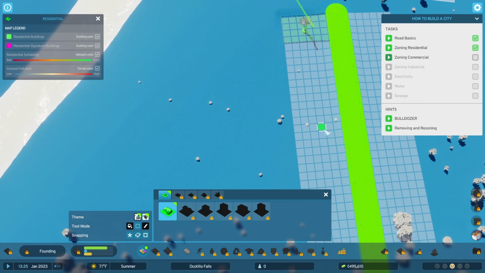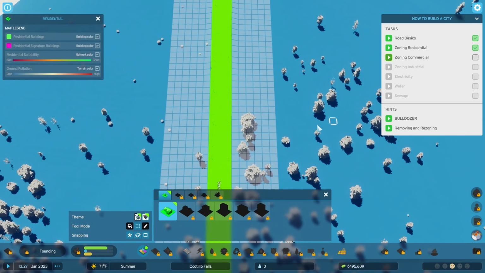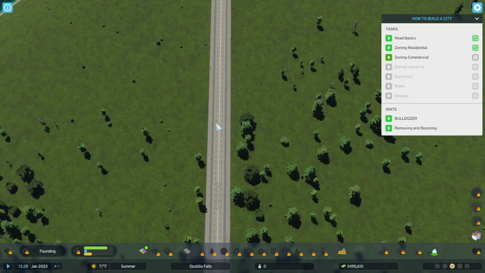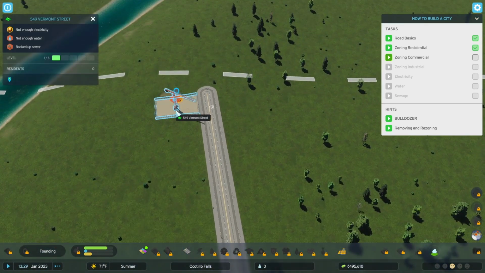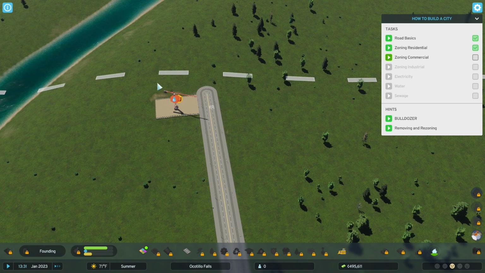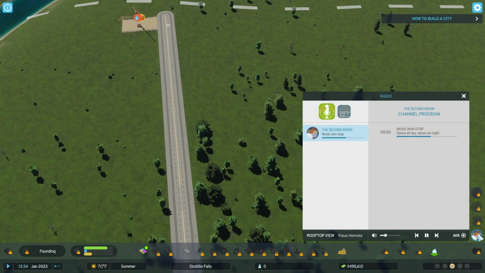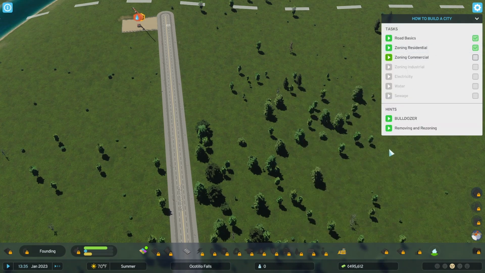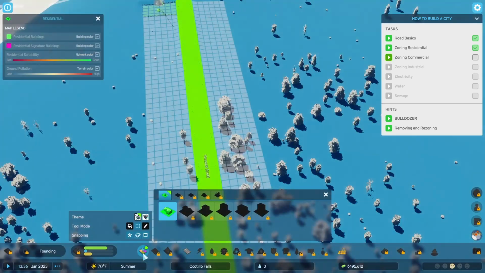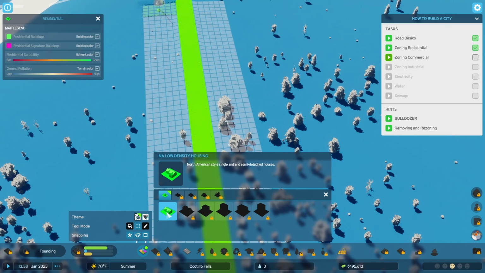Okay, now we need a... what am I doing? Oh, I don't move that way. I gotta get used to this. Hold on. Okay. What am I doing here? Not enough electricity, not enough water, backed up sewer. What does that mean? Ooh, okay. Focus. So here. How do I do